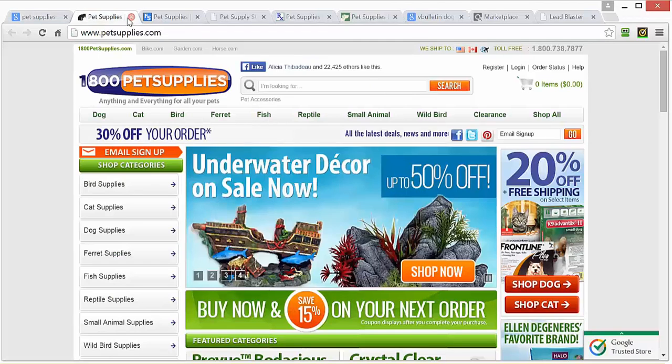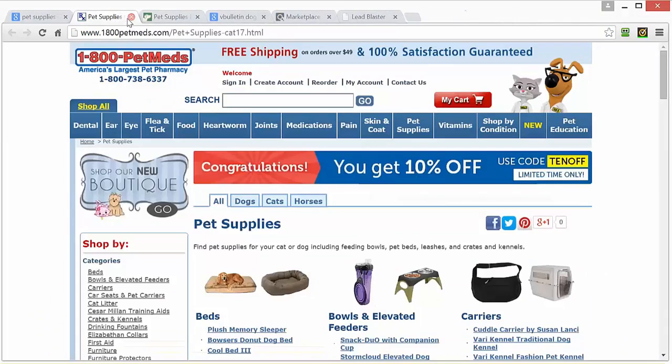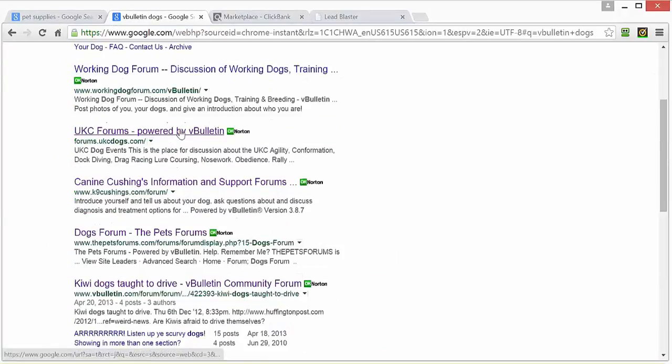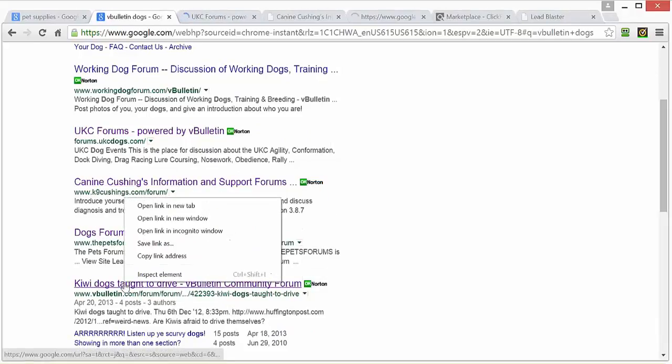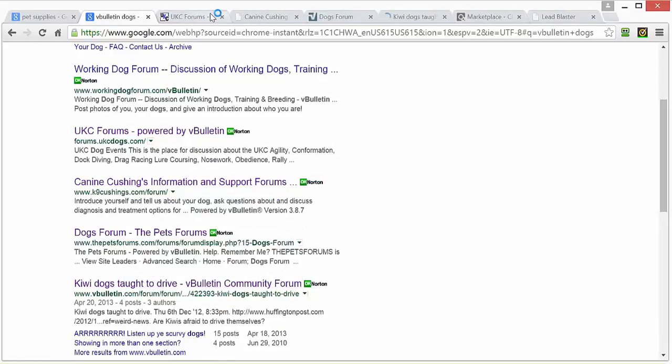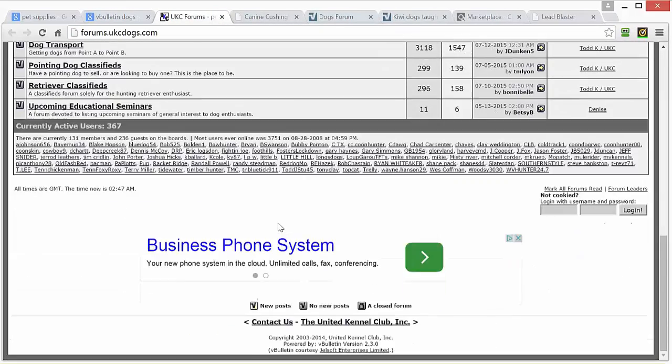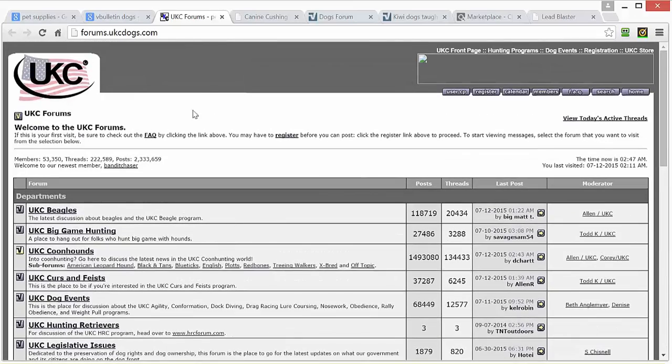Let me close these up. And here is a search for vBulletin and using dogs again. Let's look at a few of these. All right. And here's an online forum for UKC dogs.